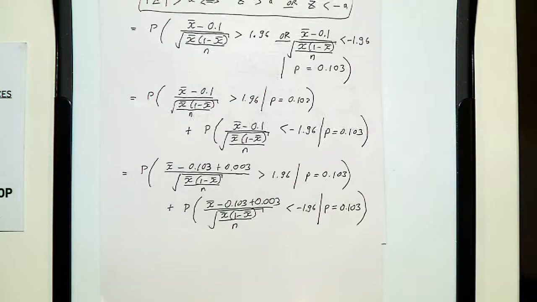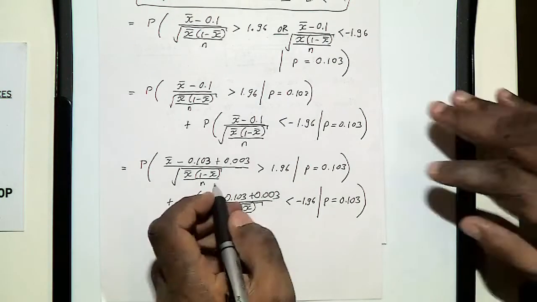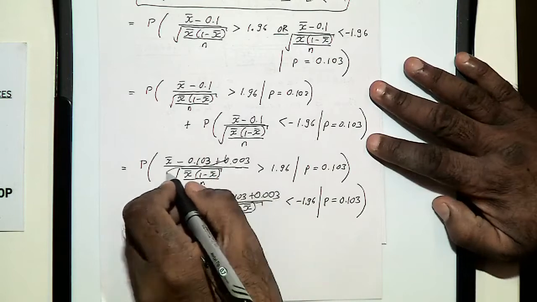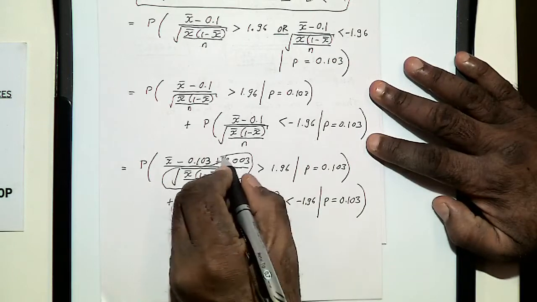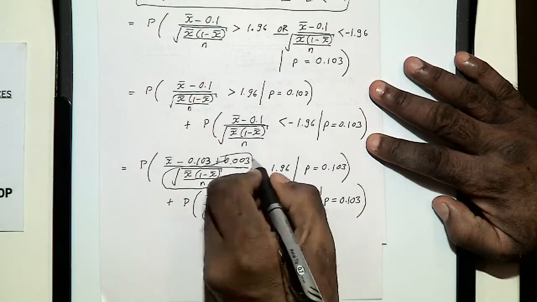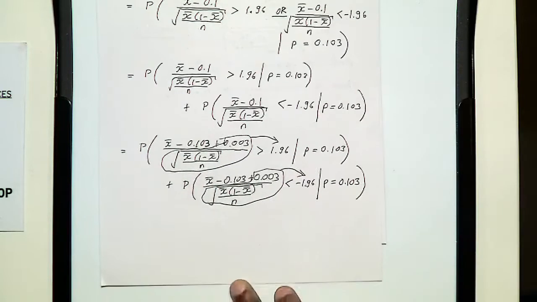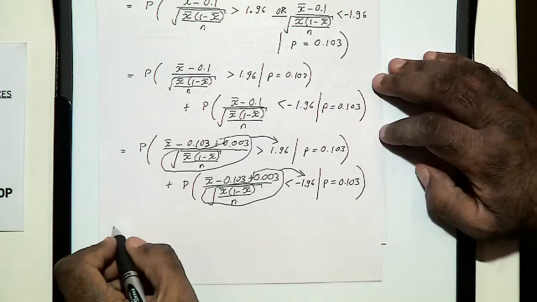Okay, you have this, right? In the next line, what I'm going to do is take the third term, that is this term, and this term to the right hand side of the inequality. You'll see in a minute why I'm doing this. So if you do that, you will get